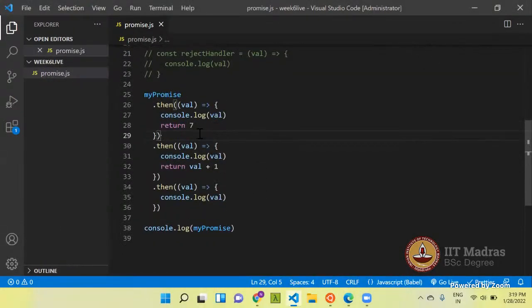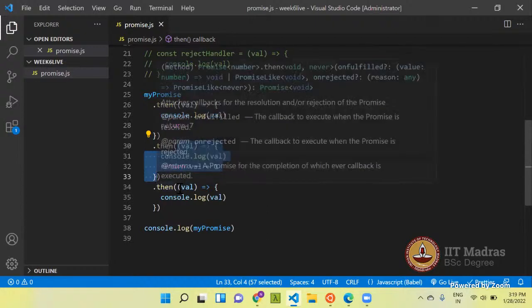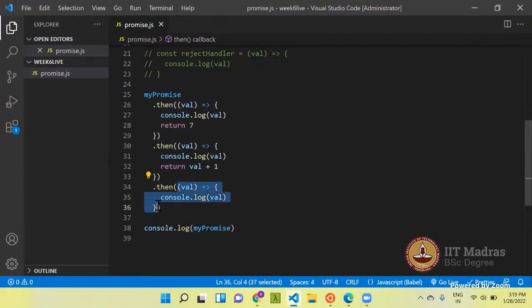This says that my promise gets rejected, but there is no callback function to handle the rejection. So it goes to the second one, and this also doesn't have any callback function to handle that rejection, and it gets to the third one, and there also it doesn't find any callback function to handle that rejection.